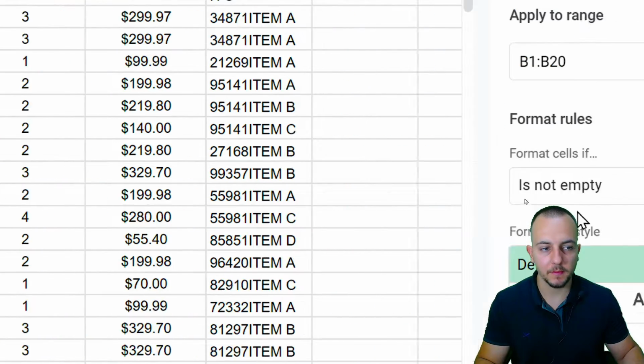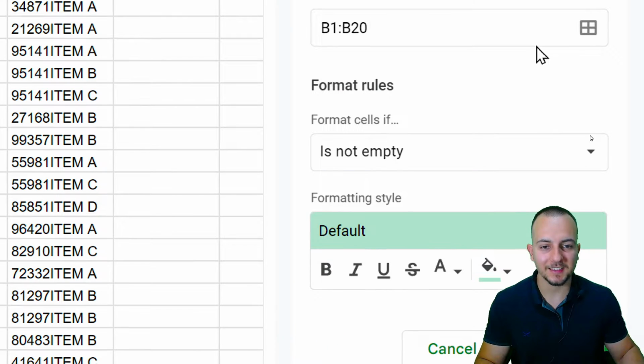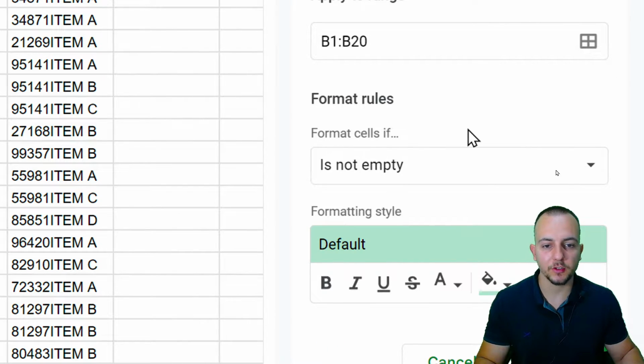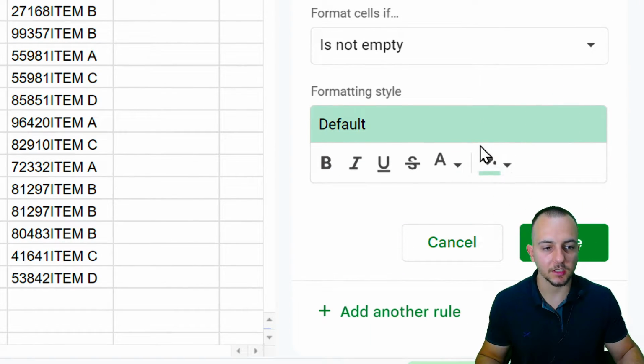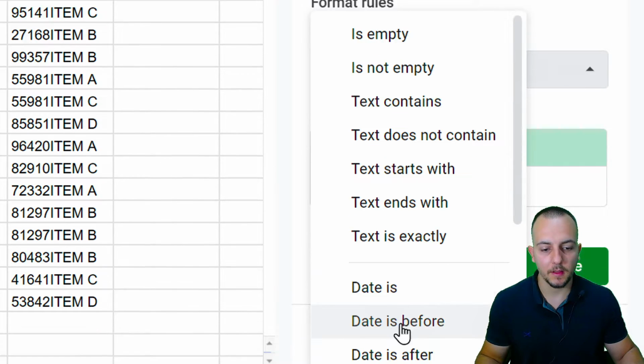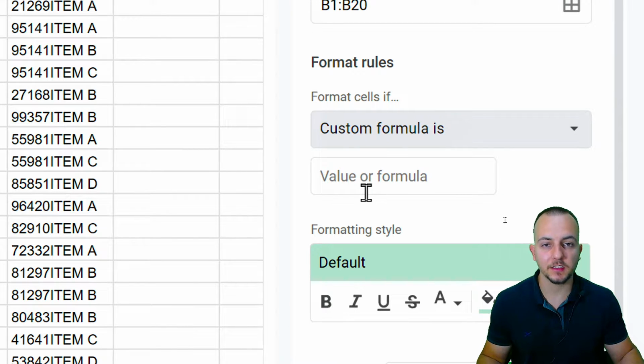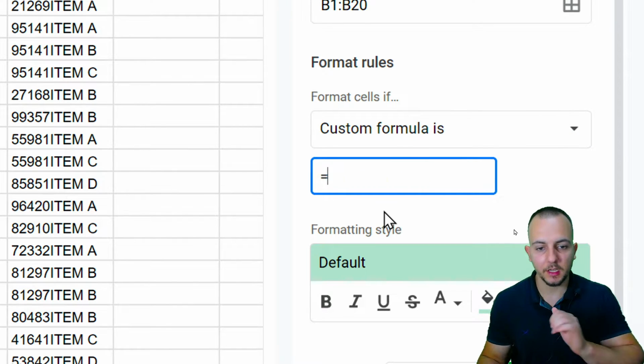conditional formatting, and to the right, I'm gonna have a couple of different settings that I can change in order to highlight a cell. I can change the color and whatever, but I'm gonna stick with the formula that we're gonna need to use here. Formula rules, I'm gonna click here, and I'm gonna select custom formula. And as my custom formula, I'm gonna use equal sign